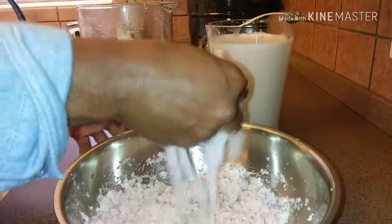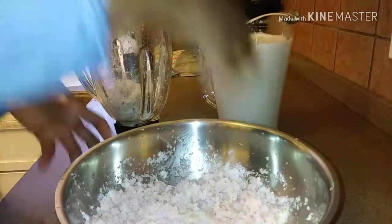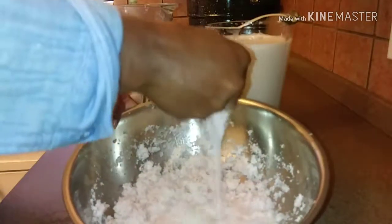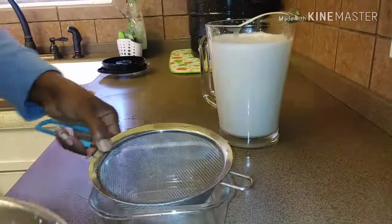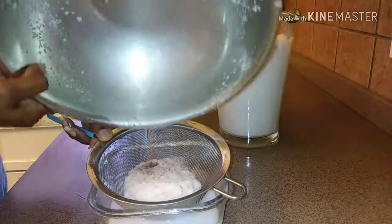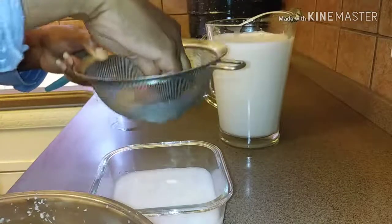and we're now showing you how to extract the coconut milk from that frozen strips. So then always shake out the blender with a little bit of water and put the trash in another container. Put the water that you put in the blender to shake it out and put it in that trash, and you go ahead again and you squeeze,